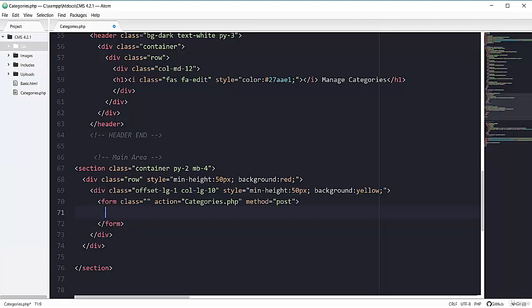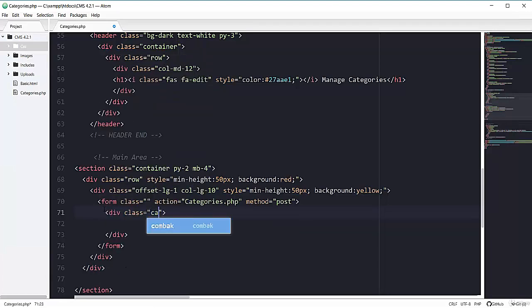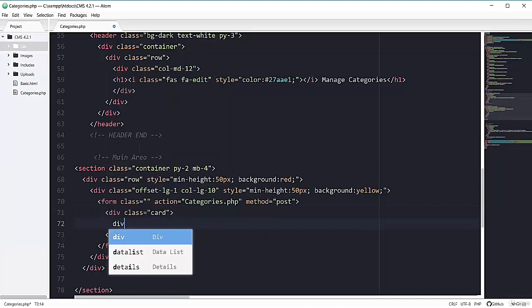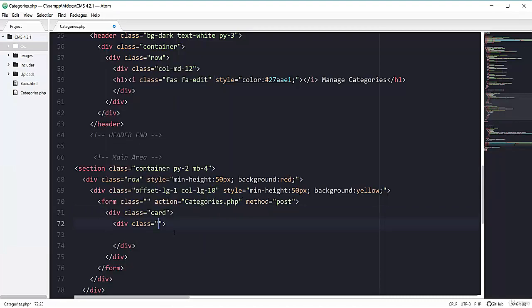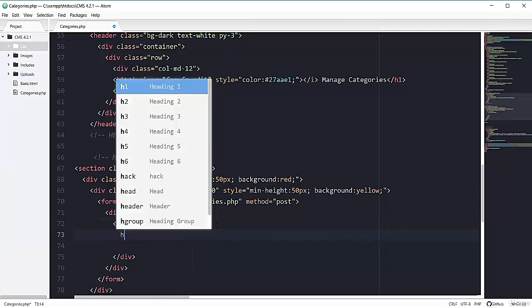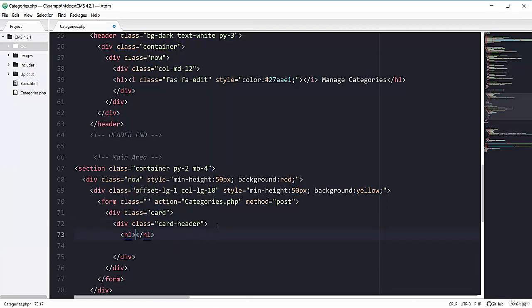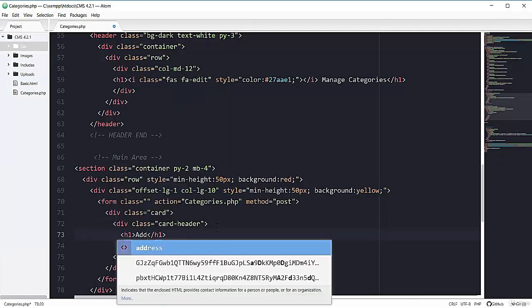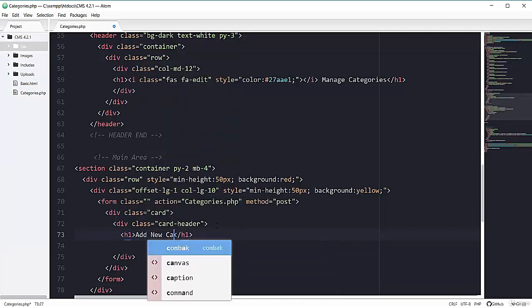So for adding card, we will add one div that will have the card class, and inside this div we will have one more div that will have the class of card dash header. That will be the branding of our card. I can add one h1 tag, and I can say add new category.